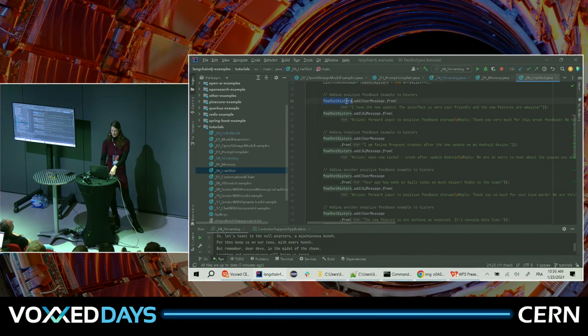In my chat history, I'm going to put a user message that says, oh, I love this new update, blah, blah, blah. And I'm going to put an AI message, so the part of the model, that would have said, there's an action, forward this input to our positive feedback storage to share it with the developers later. And there's also a reply, thank you very much.